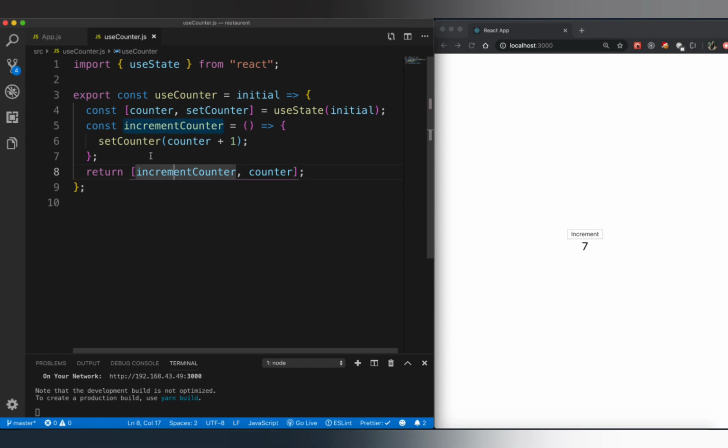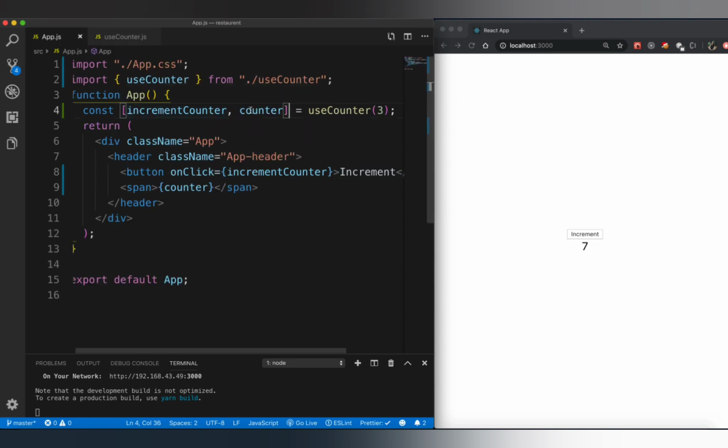Now let's do a quick recap of everything that we need to do to create a custom hook. In order to create a custom hook, whatever React hook you want to use, you can import it inside of your custom hook file, and from there you can create a normal arrow function, and that arrow function will have a return statement. That return statement will return whatever you want to export to your app.js or any other file that you like. And from there you can use destructuring and get the values that you want to use. And in order to initialize the hook, you can call it just like a normal function, and you can also pass it arguments.